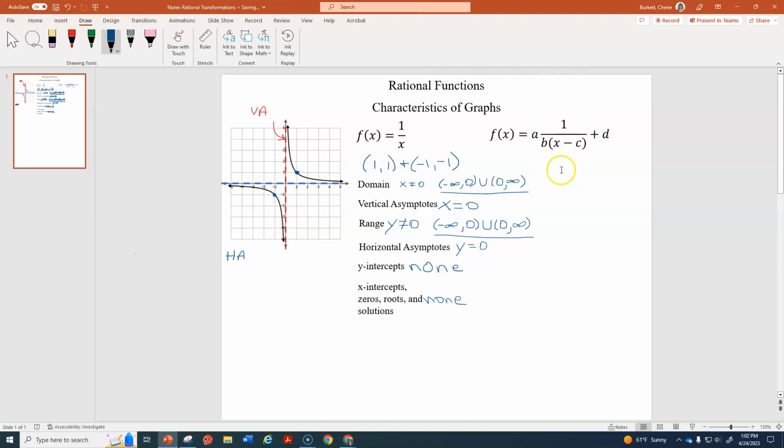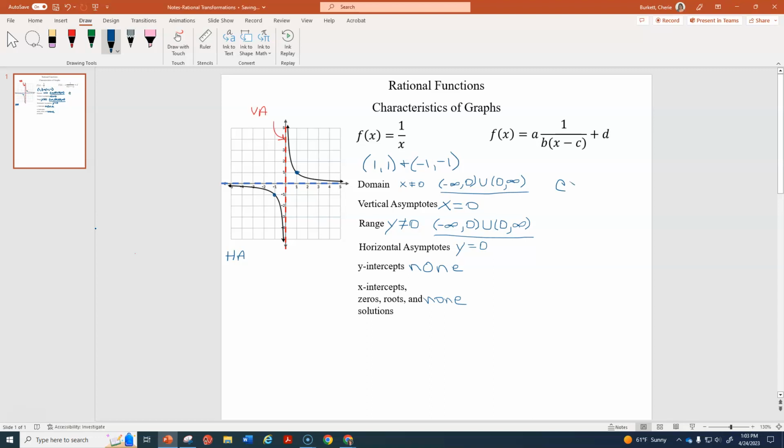Now we are going to transform it. This is the transformation. We do have A, B, C, and D. But the A and the B are going to be kind of wonky this time. C and D are going to do just what they've done all school year long. They're going to shift not just the branches, but they're also going to shift the asymptotes. So we'll look at some examples of those in just a second. So C and D,